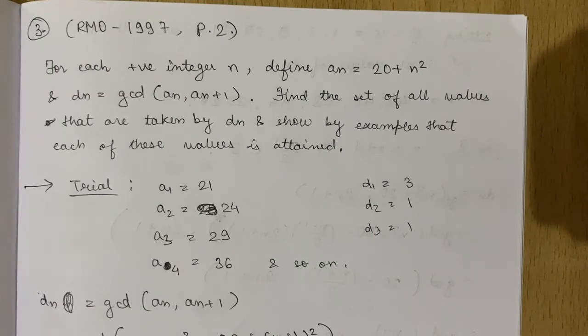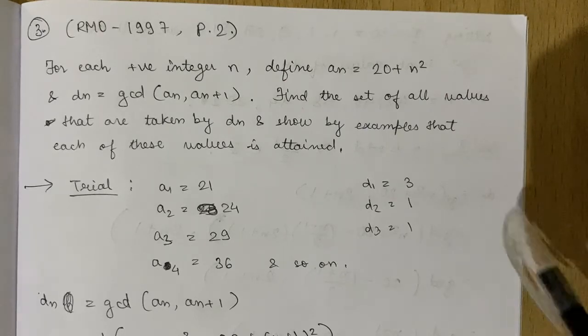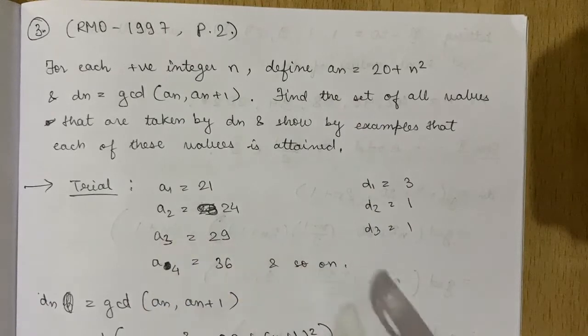So this is an interesting problem, and I would also say it's an easy one. They have used n and d_n and so on, these notations, to basically discourage the student from attempting it. But if you attempt this question, it is a fairly easy problem, and it only uses one idea, which is that the GCD of a and b is equal to the GCD of a and b plus a times x, where x is any integer. This is the property that we saw in the last lecture also.